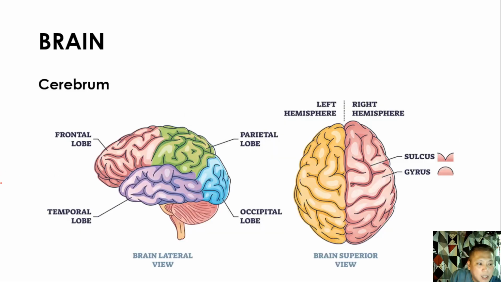So, ito po yun. Kung titingnan natin, this is your cerebrum. Ito po. Ang buo na yan. Sabi natin, nahati siya sa dalawa. The left and the right. Okay? Yung sulcus, yung mga guhit-guhit na yan, and yung mismo yun yung gyrus natin. And on the left and right hemisphere, meron tayong tinatawag na frontal lobe, parietal lobe, and temporal, tsaka occipital lobe natin. So, yung mga different lobes ng brain natin.